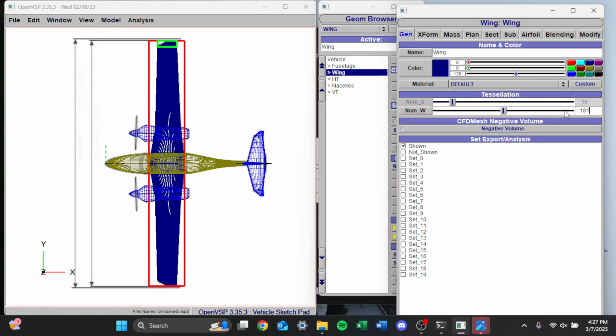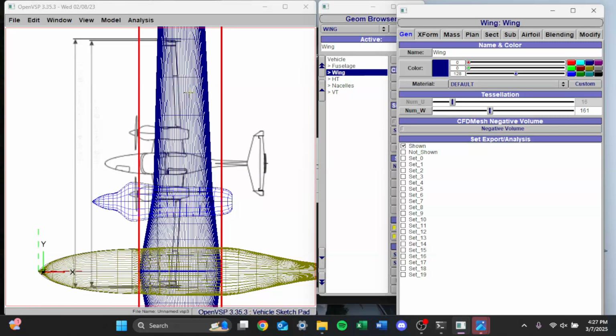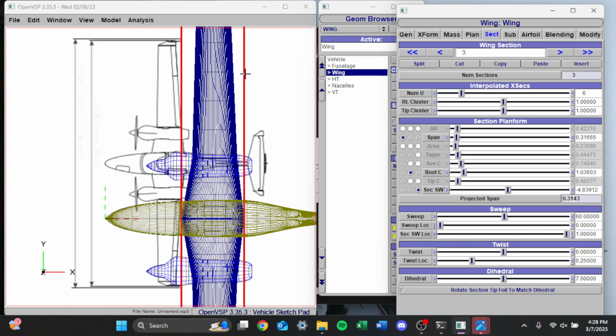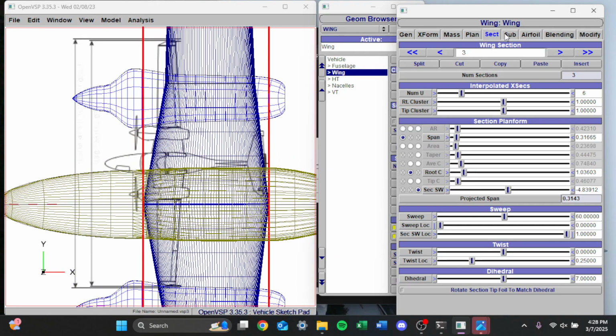Chord wide elements. Oh, 180, I don't know why. 60. There we go. And we need these to have an aspect ratio of 3. So aspect ratio is just the span divided by the chord. So we'll come into each and every single one of these sections and we'll adjust them to have an aspect